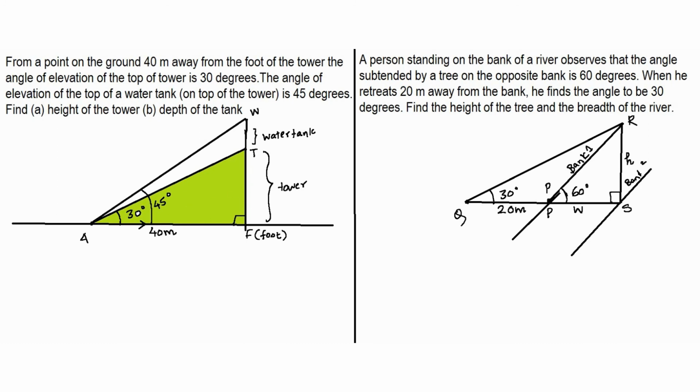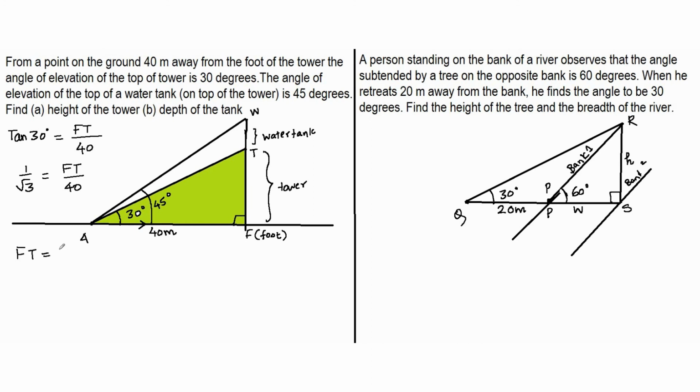The right trigonometric ratio that I should choose: I want to find the opposite side, and I know the adjacent side, so it is going to be tan. So tan 30 degrees is going to be the opposite side, FT, divided by the adjacent side, which is 40. And tan 30 is 1 by root 3. So this is going to be FT by 40 is 1 by root 3, which means that the height of